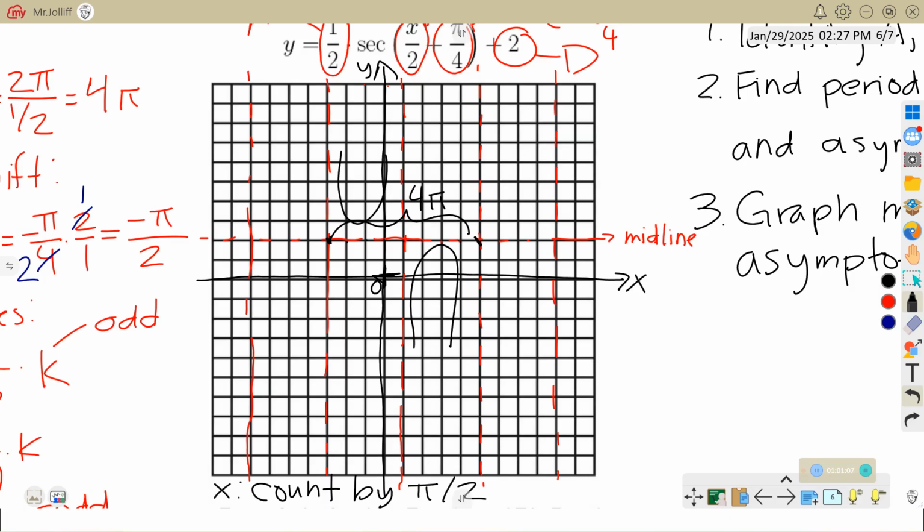That's not a precise drawing of secant. As a math major, that makes me unhappy. So I'm going to erase that marking. And we're going to go to the very last step of our graph,